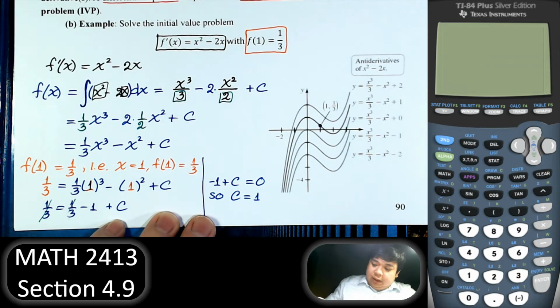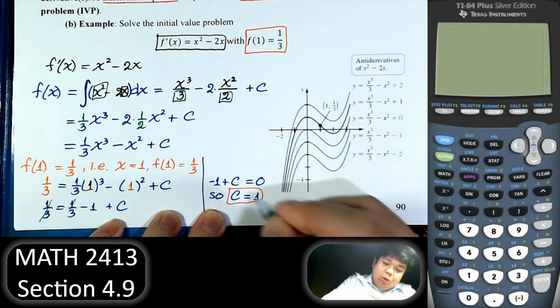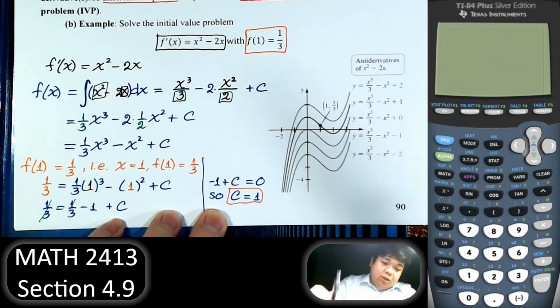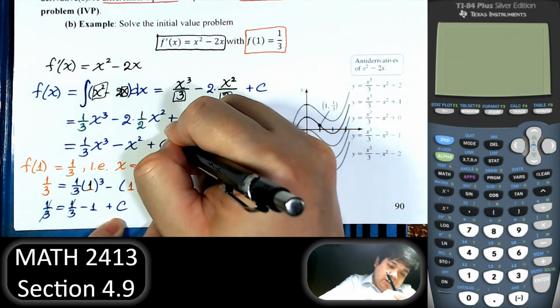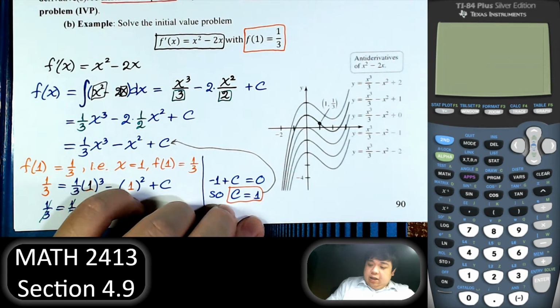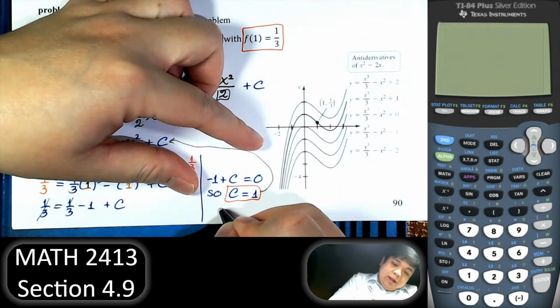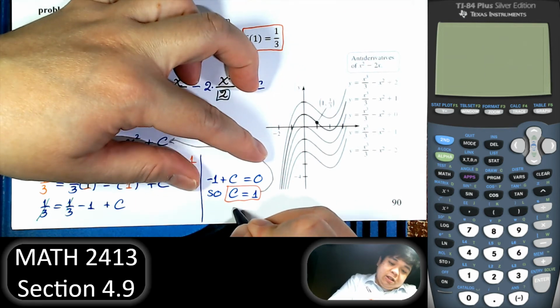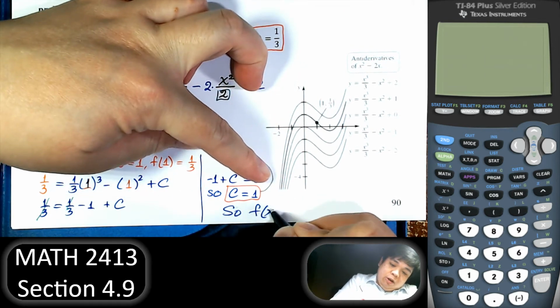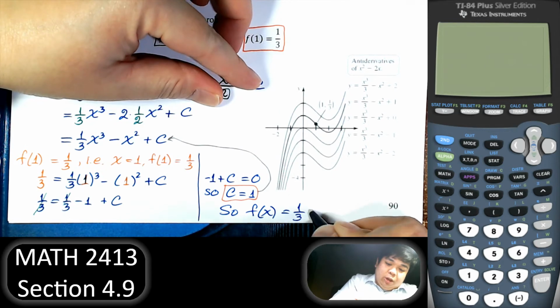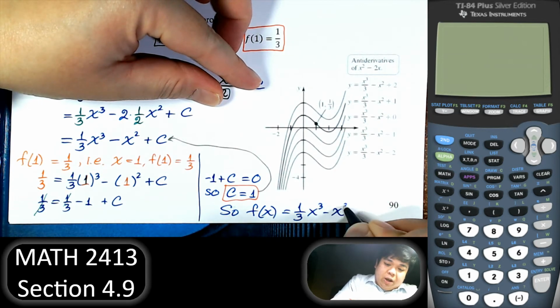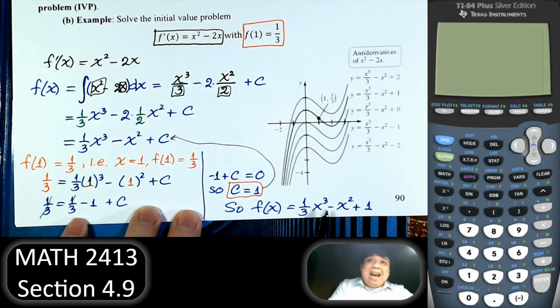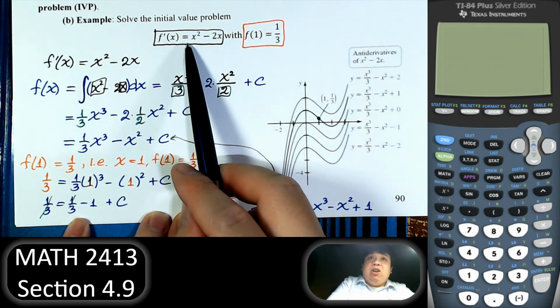Right. So I have c equal to 1. And now since we know c is equal to 1, we can substitute in here. And so the function will be equal to 1/3 x cubed minus x squared plus c, which is 1. Right. So this is the antiderivative that satisfies the differential equation